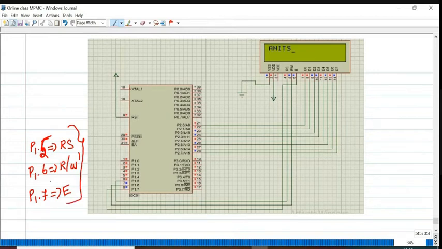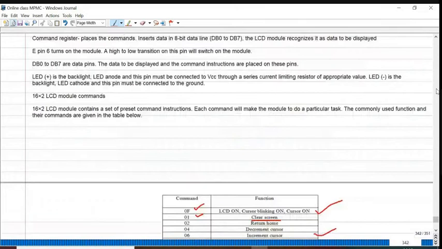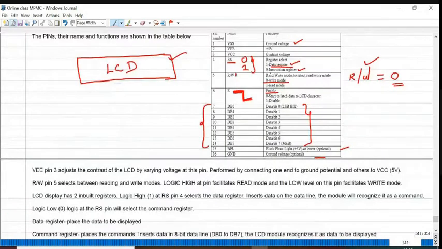For writing data, P1.6 should be 0 to enable the write operation. P1.5, if it is 0, what will happen? If it is 1, what will happen? Register select, already we discussed: 0 meaning instruction, 1 meaning data.